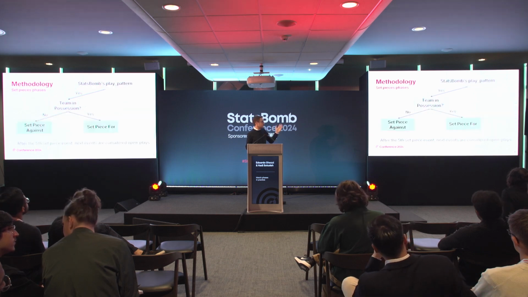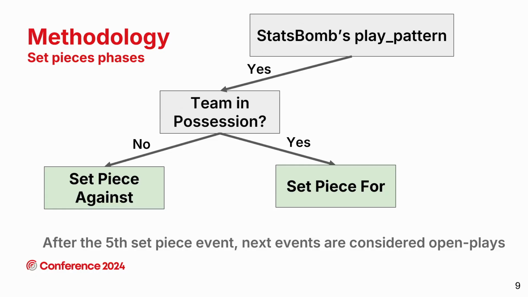Finally, we just split the set piece phases into two, set piece for and set piece against, depending simply on which team has the ball. However, we introduced an additional rule here to better study the real game scenario. For example, we might have a short corner or an indirect free kick taken from the defensive half, or a throw-in that can develop into a proper open play scenario if the action lasts long enough. So for any set piece, if we have at least 5 events occurring, then all subsequent events get assigned a phase depending on the in-possession and out-of-possession definitions that we just saw in the previous slides.